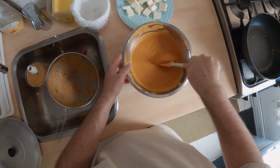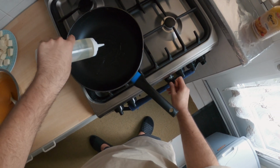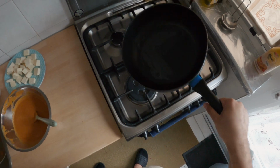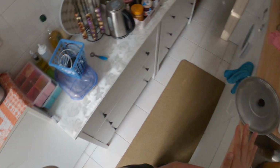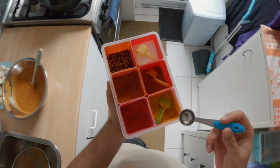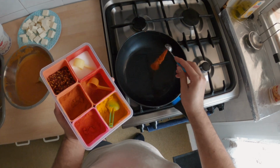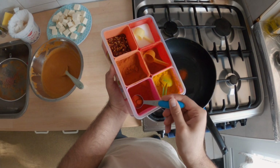Okay, now it's time to finish our dish. Just add some oil in the same pan. Low heat. Now I'm gonna add half a teaspoon of chili powder, half a teaspoon of Kashmiri chili powder,